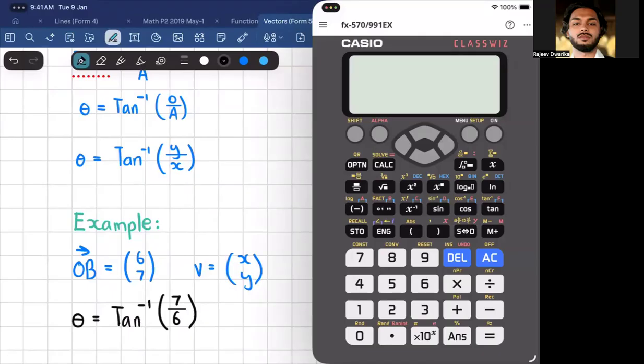If you want to put that in, you're going to press Shift, Tan, Shift, Tan. Then press the fraction button. Put 7 on top, press the right arrow, and in the denominator put 6. Press the right arrow once more, close off the brackets and then press equal. And you should get